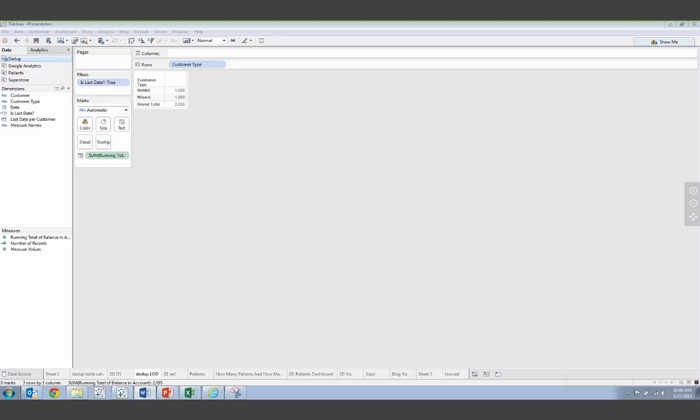I can think of things as just, I need to work at a different level of detail. So I need the maximum date at a customer level, or I need the average sales per order. If I find myself asking those types of questions, that's when I'm going to start to think, okay, I need a level of detail calculation, especially if that level of detail doesn't match what I'm going to be using in my view. If it matches, I'll just use a regular aggregation, but if it doesn't, that's when I'm going to start to think level of detail.